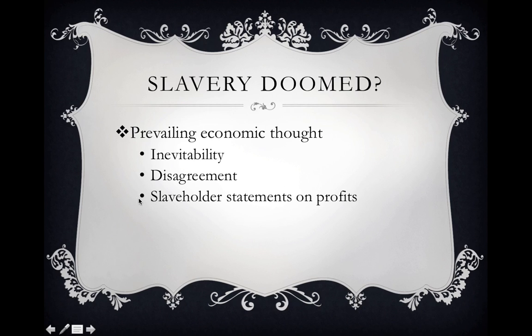Actually, many of the plantation owners, the larger plantation owners, were arguing that they were making less money by using the slave agriculture system, that they were deliberately losing profits in order to maintain the slave labor system, which, if you're working in a capitalistic system, I don't know very many people who deliberately go out to make less money or to lose money by keeping a particular slave system in place. Their argument was that they were doing this as a form of social control, that they were providing value to society by keeping slaves as slaves, because it would have been too costly to free them.